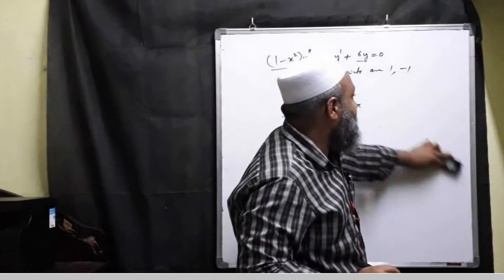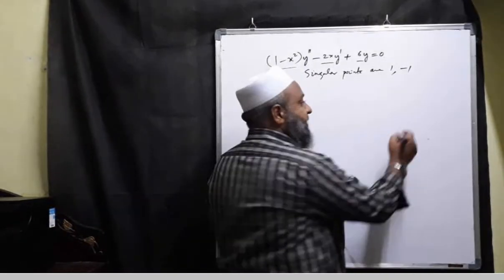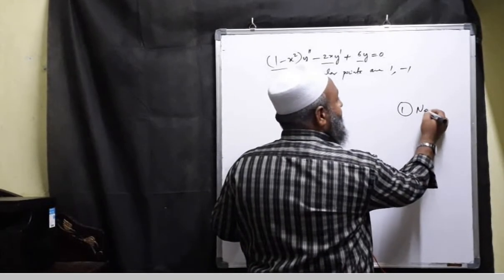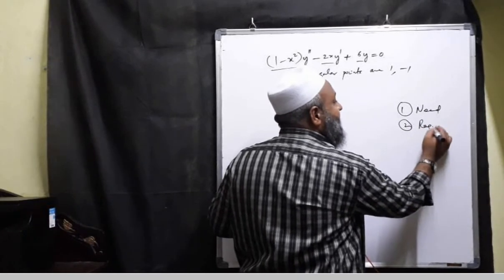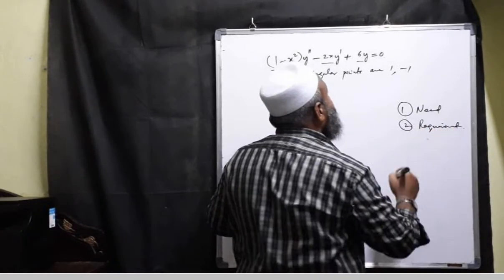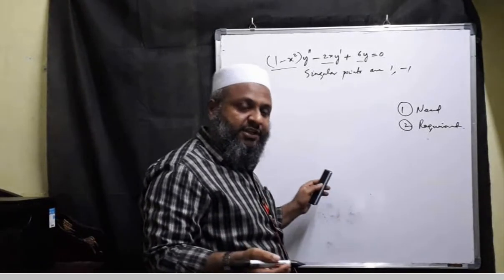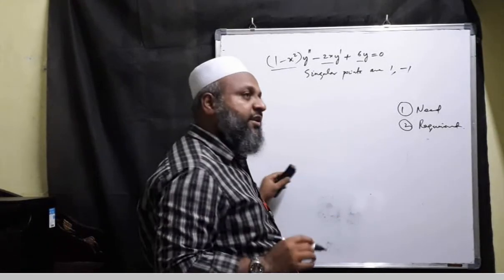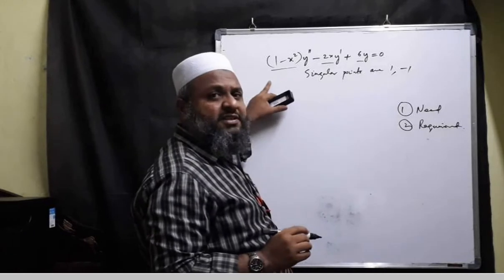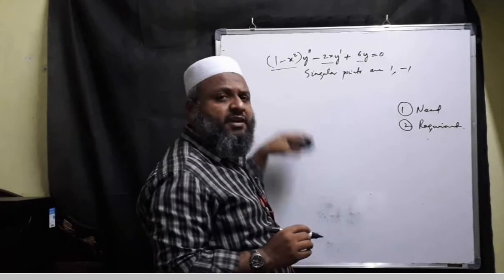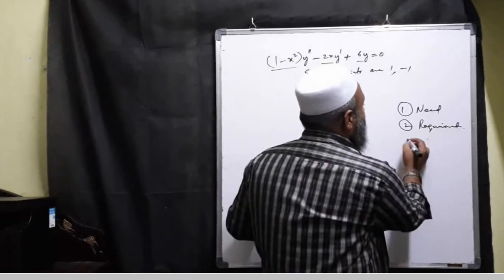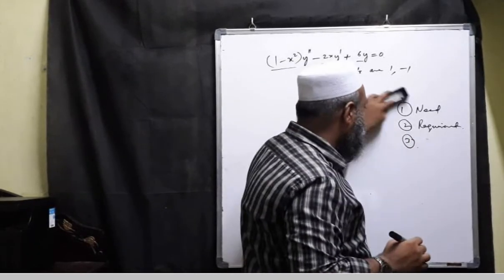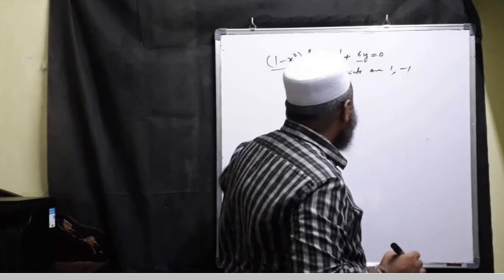Back to the point. So I answered two things right now. I said what is the need, and I said what is the requirement. The requirement is that wherever you want to find the solution, about what point, that point should be an ordinary point. Now we can find the power series solution for this differential equation about any point other than minus 1 and plus 1 using the power series method. And finally comes the last thing, that is, how that method is applied.